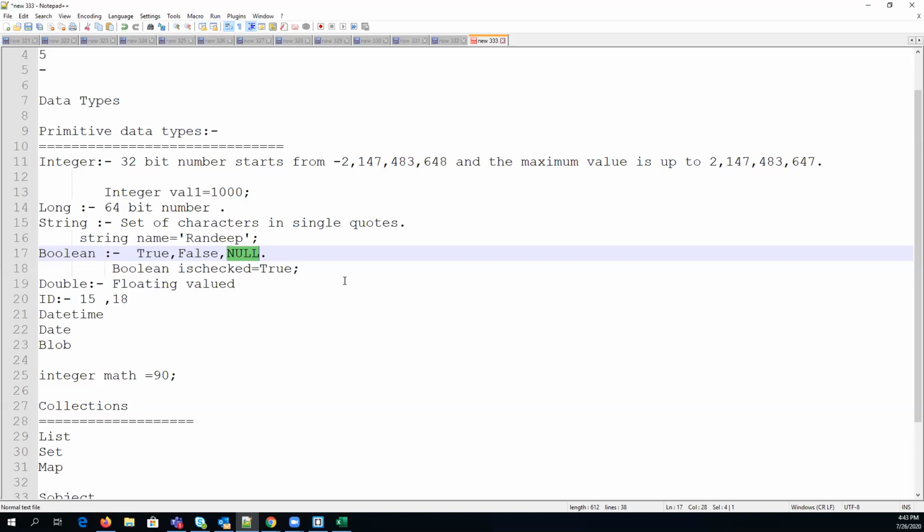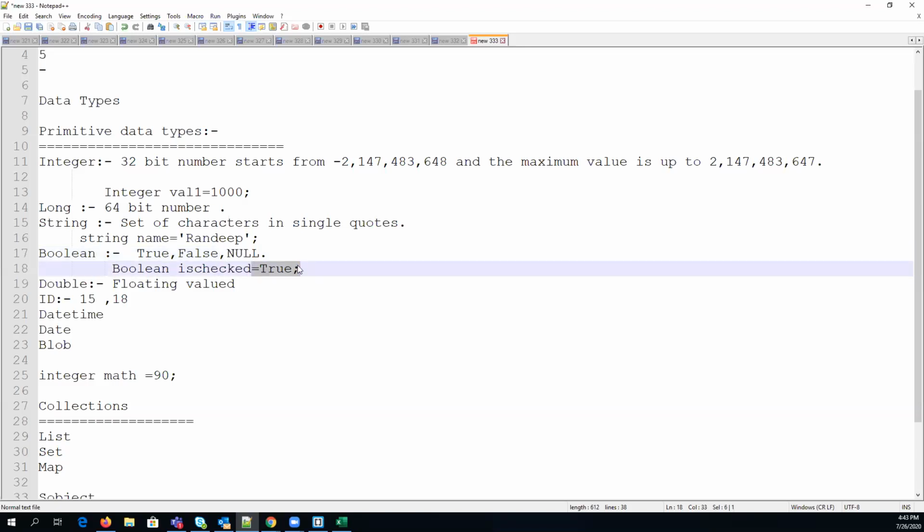I will explain that. But the same thing applies here as well. If you are not storing any value in a boolean variable, then it is called null, because you can't define it as a false or true value, since you haven't initialized it yet. If you are not initializing anything, you will always get null. Sir, is it not related to default? The default value of a boolean is false. No, it is not false by default.